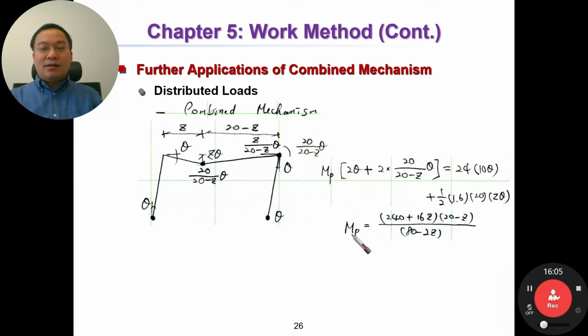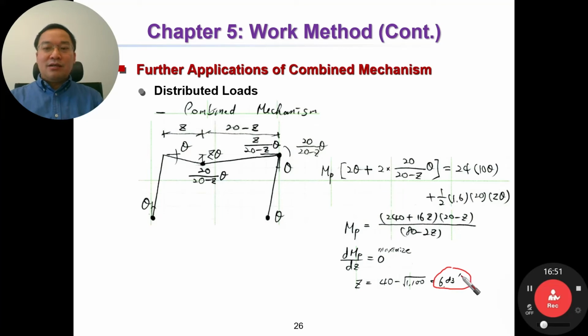MP as a function of z. How to determine MP and z? As you know, MP should be the maximum value among the moments in the beam. Now it's easy to determine the maximum value of MP. You can take a derivative of MP over z equal to 0. It means take a derivative of this equation equal to 0. Then we determine z, and z equal to this one,